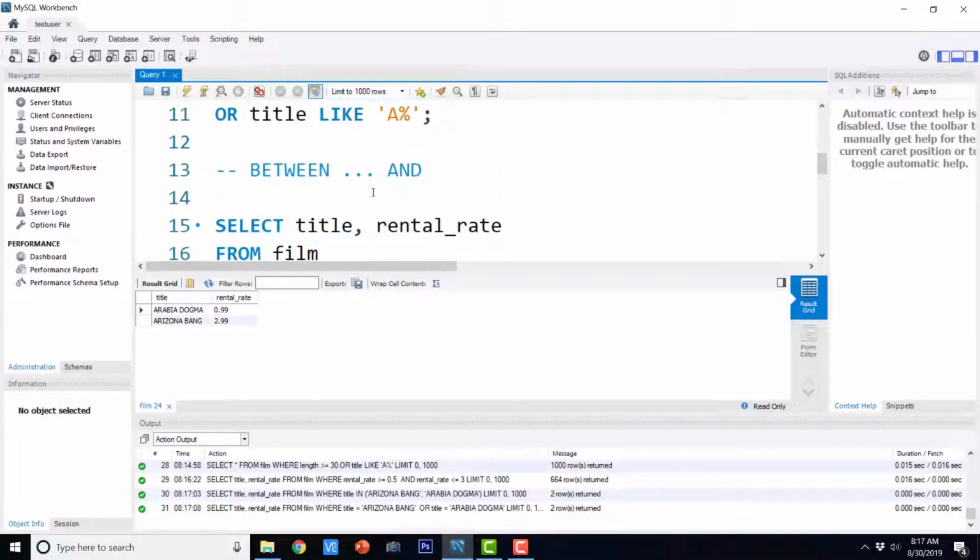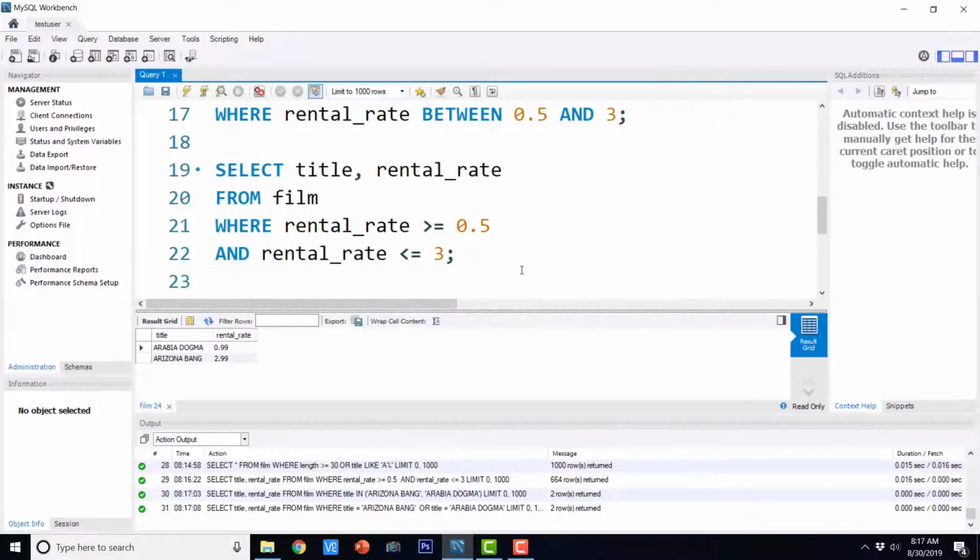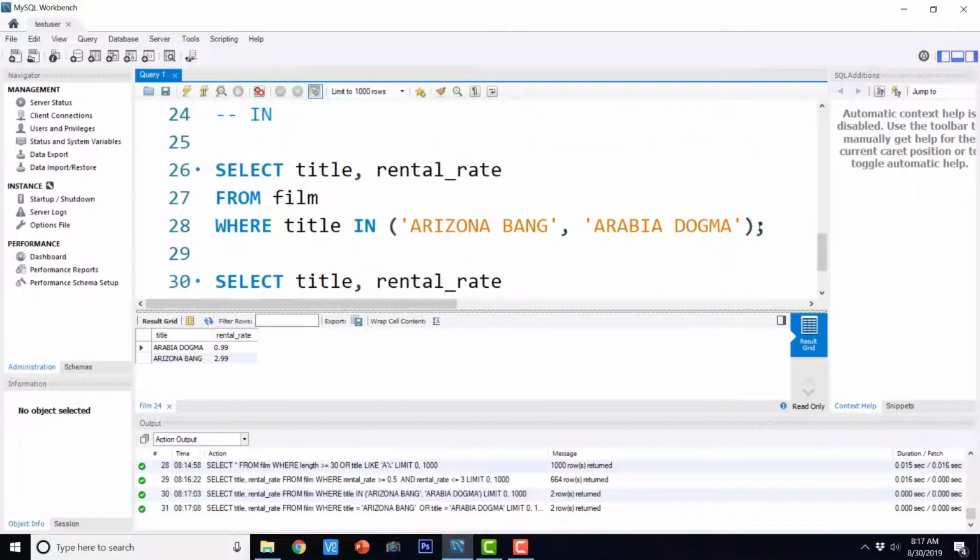So we know the truth table for and, we also know the truth table for or. In case you don't know, you can refer to any book on discrete mathematics or digital electronics and check the truth tables of AND operation and OR operation. AND is basically when all the conditions are true, then the output is true, and for OR, if any condition is true, then the output is true. And then we are now going to see the logical complement or NOT operation. So that is easy.